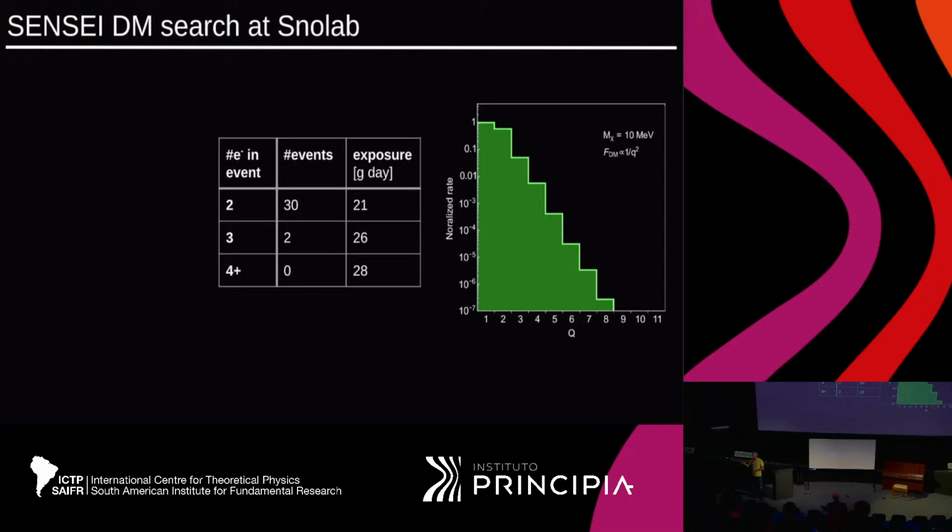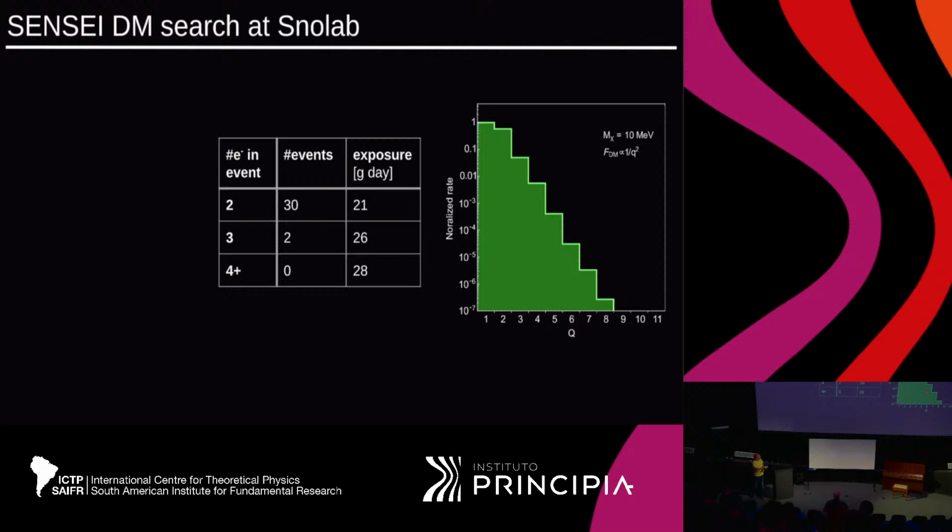That's for sure. But also, what I'm showing you here is a candidate of 10 MeV. If you start going to higher and higher masses, which is not the goal of Sensei, but let's say that you go to 200 MeV or closer to the GeV scale,